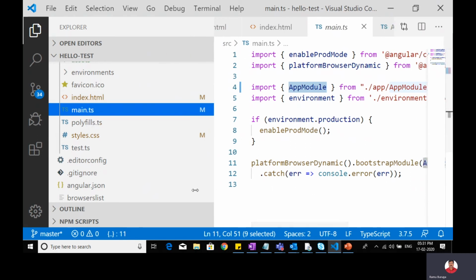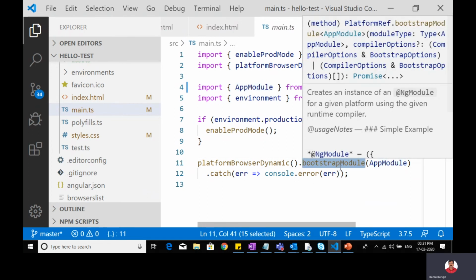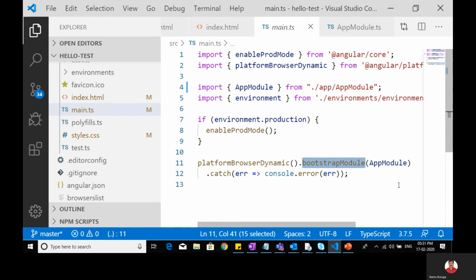Here in the main.ts, I'm calling the app module. This app module ultimately bootstraps in the browser. Only as many components as you mention in this app module can be bootstrapped, that means rendered in your browser.